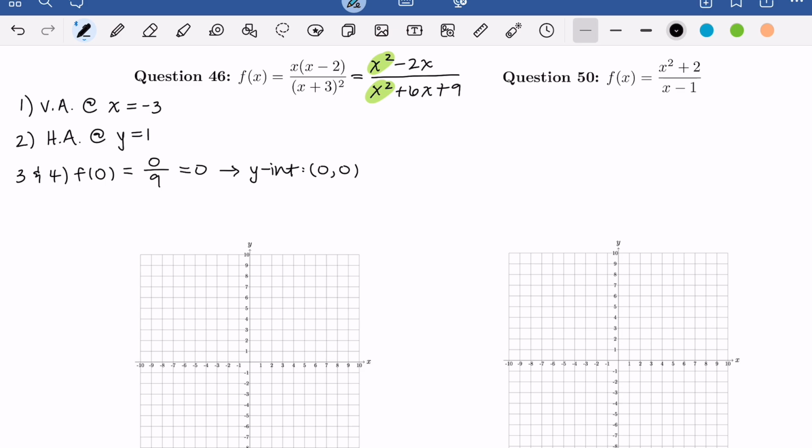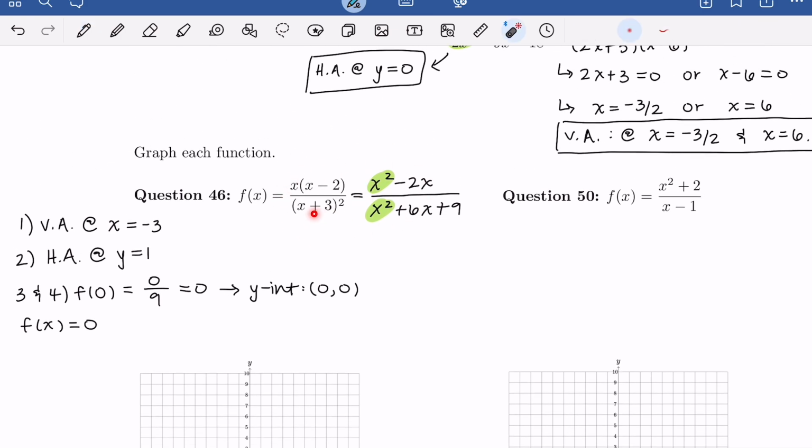So we want f of x to be equal to 0. Now, since we're dealing with a rational function in this case, the only way that this is going to be equal to 0 is if the numerator is equal to 0. And we saw that when we were trying to find the y-intercept. 0 divided by anything is 0. So again, the only way this will be 0 is if the numerator,